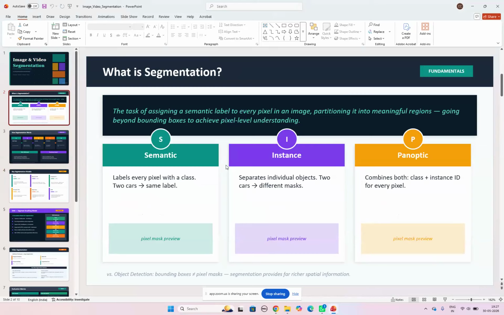For example, if there are trees, we would mark them green, and cats with their own same color. So just remember, semantic segmentation: similar classes in similar colors. You're trying to segment those things.